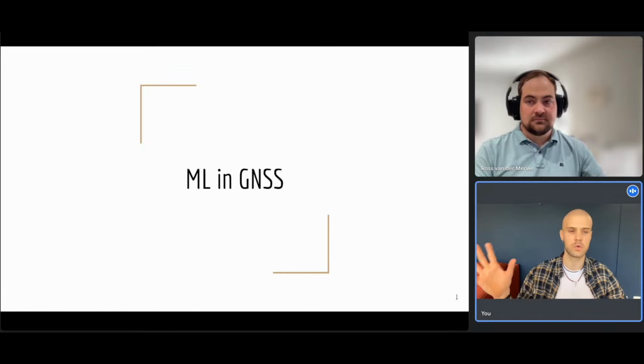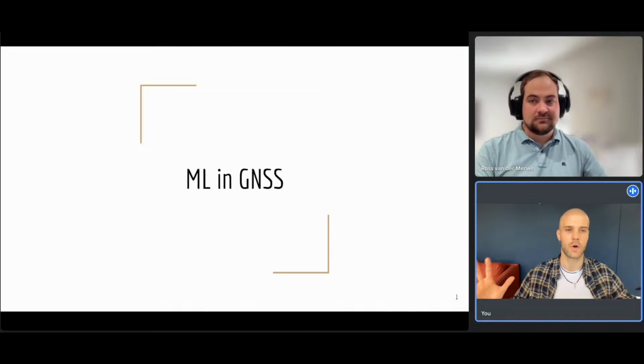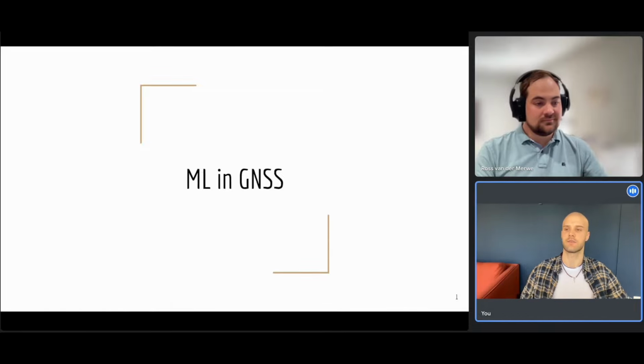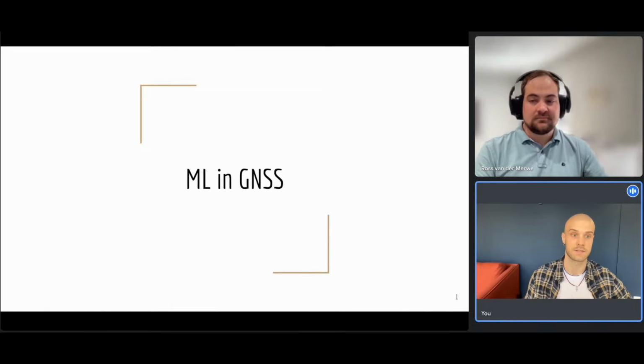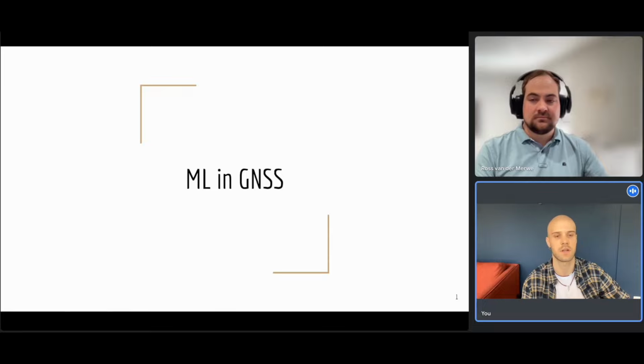For who don't know, I really hope the concept of GNSS is quite clear, but GNSS stands for Global Navigation Satellite System. It is a term to describe a system of satellites that provide positioning, navigation, and timing. The most well-known GNSS system is GPS, but we have also GLONASS, and Galileo in Europe.